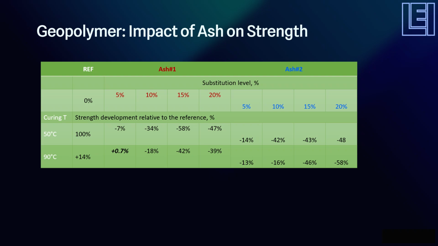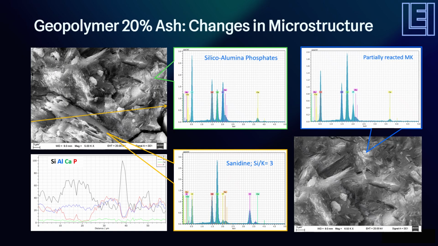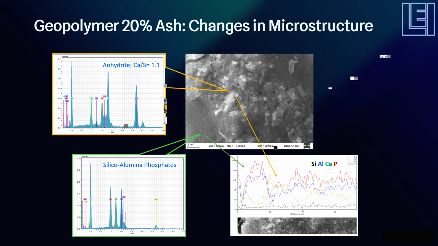An increase in strength after curing at higher temperatures suggests continued, possible dissolution of amorphous phase and calcium-bearing minerals, facilitating geopolymer structure formation. The loss in strength for samples with the highest dosage of ash was due to an inhomogeneous, partially reacted structure. The presence of anhydrite particles close to the amorphous gel was also observed, thus explaining the significant loss in strength.